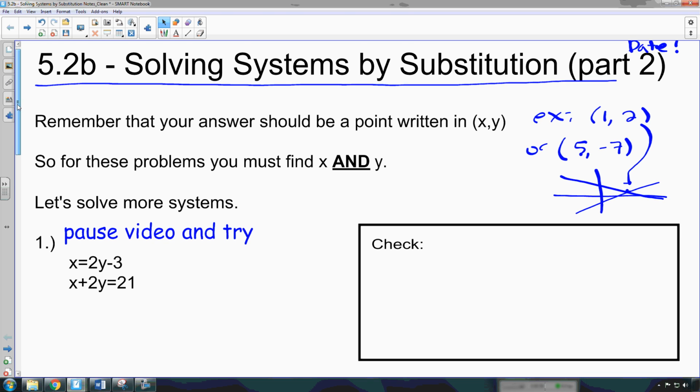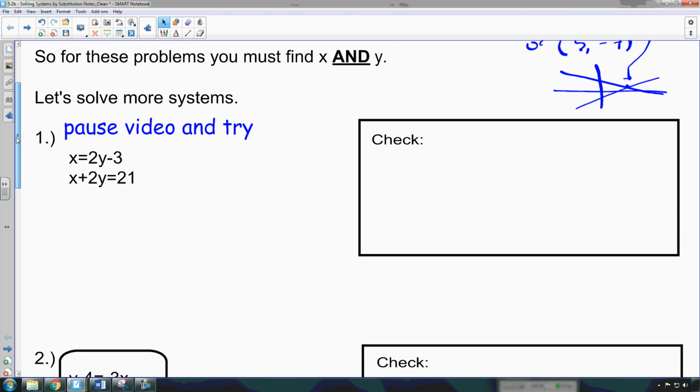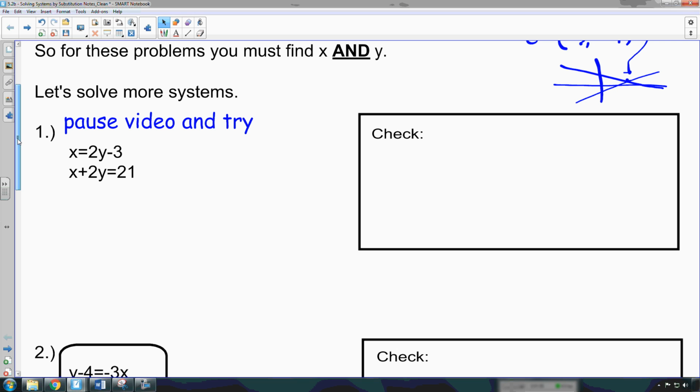So right now, just so we have the gist of the last video, I'd like you to, if you're comfortable with it, pause the video and try number 1. See if you can figure out the substitution on that. So pause the video, give that a try. If you're watching the video and you haven't paused, you're still kind of a little unsure about this, what you're trying to do is, right, you have this right here, which is going to be something